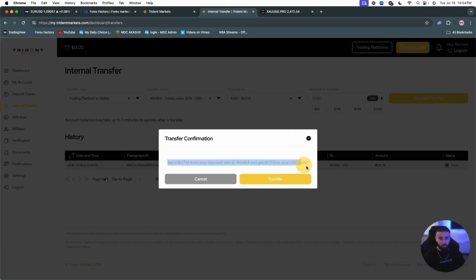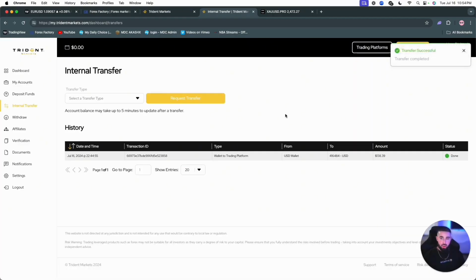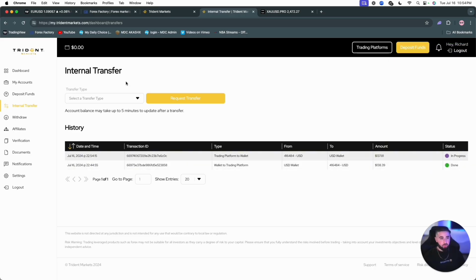You want to confirm the details, hit transfer, and now transfer is complete. So we are just waiting for this to update now. We'll give it a second and refresh the page. And now we should see that balance kick right back into that top left corner of the Trident Markets website,